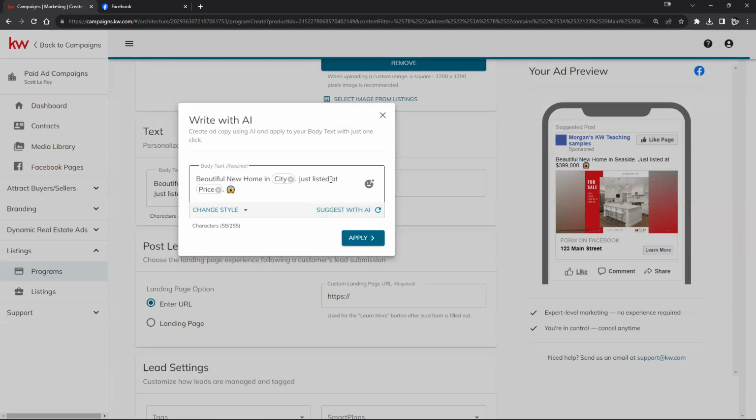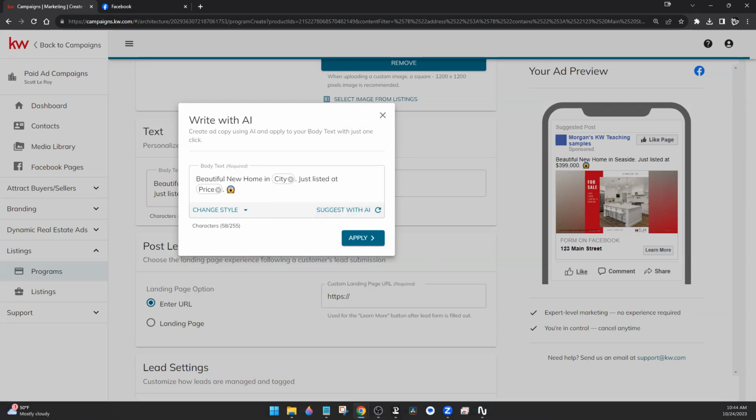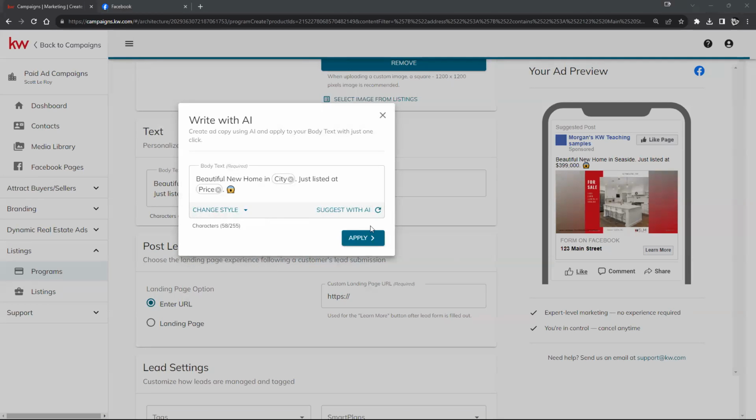This is that text that says, if we wanted to change the style into a more persuasive, more emotional, more artistic, practical. So here you can actually change the feeling of this text, and it should adjust that accordingly for you. Additionally, you can suggest just AI create this text here, and then you can proof it. And if you like it, you can apply and move on. So if I suggest with AI right here,